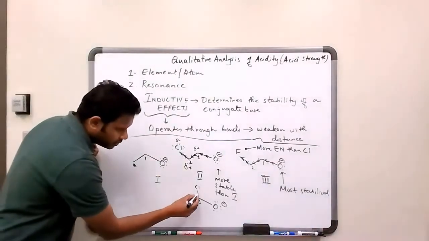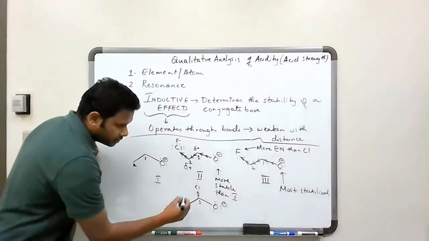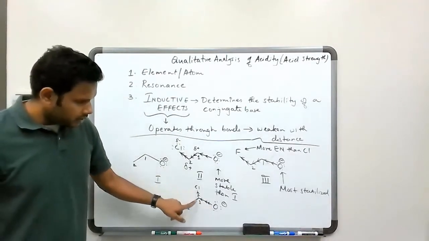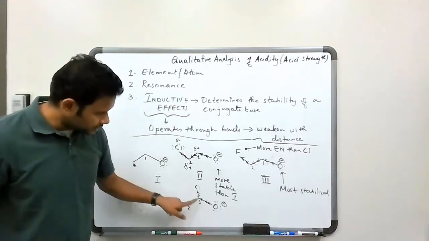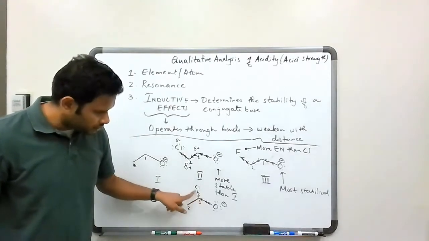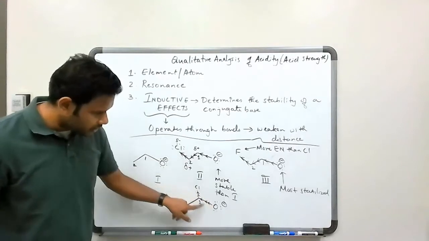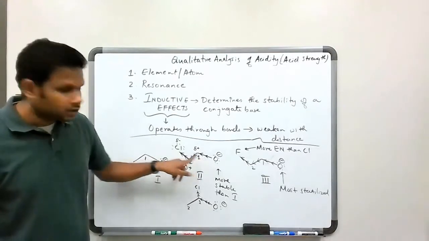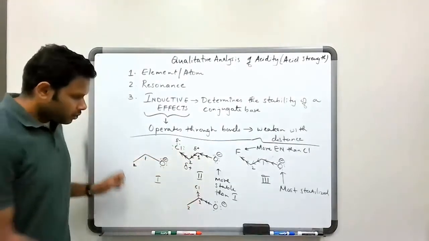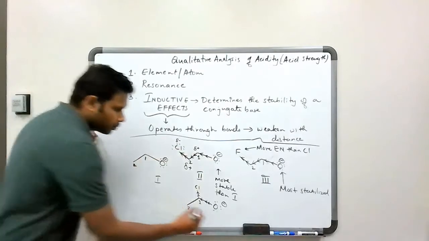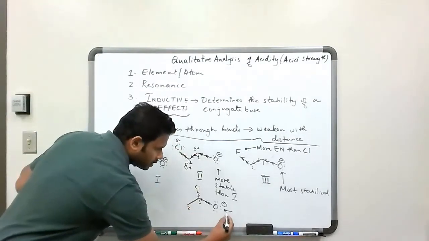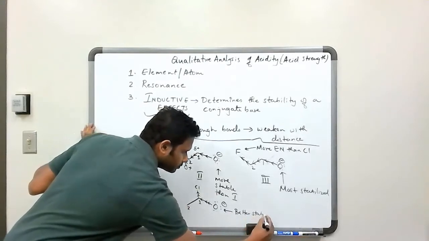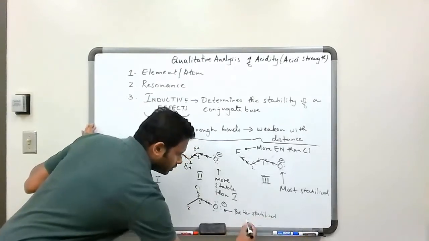In this particular case, the chlorine is pulling electron density towards itself. And as you can notice, the chlorine is closer to this oxygen. There are only 2 bonds between the chlorine and the oxygen. There's 1 bond here, there's 1 bond here. Whereas in the top structure, there were 1, 2, 3 bonds between the chlorine and the oxygen. So in this particular case, this negative charge would be better stabilized than